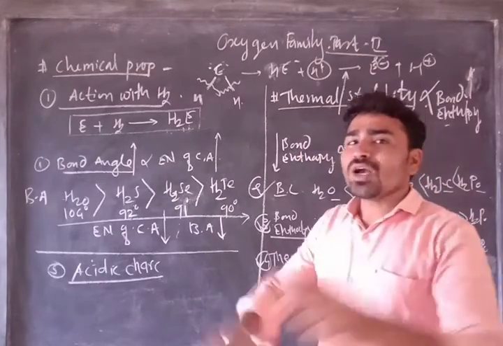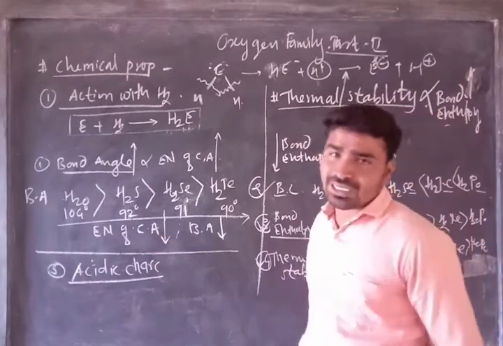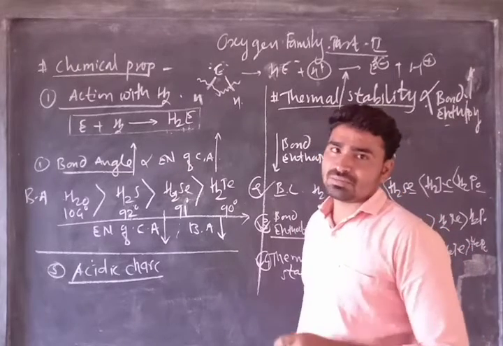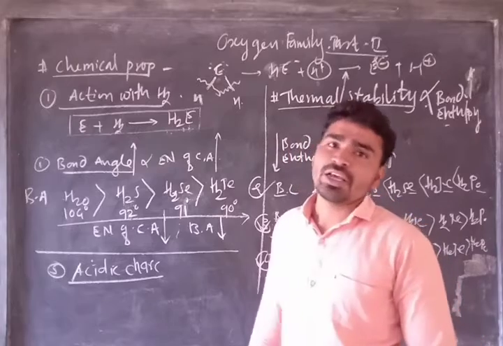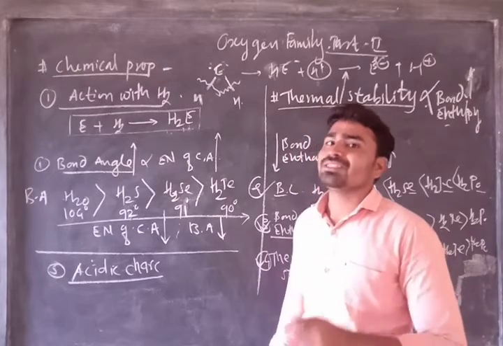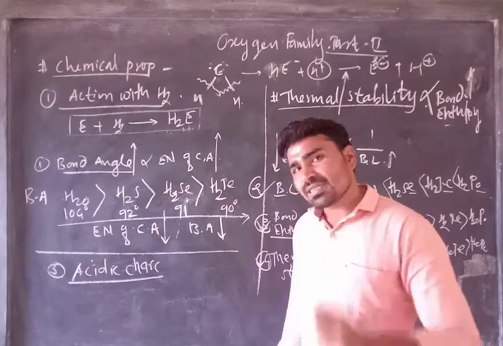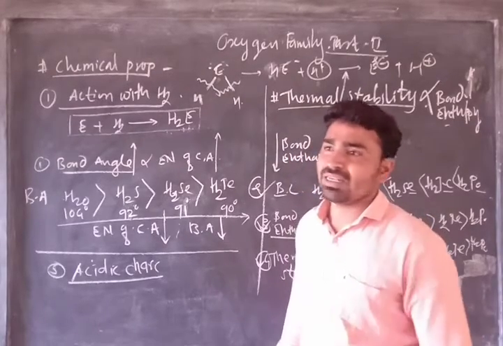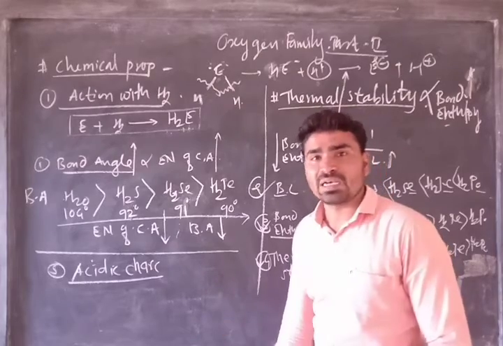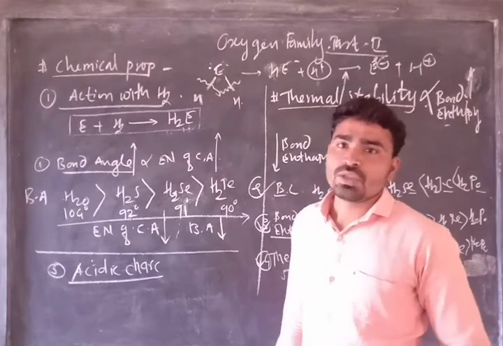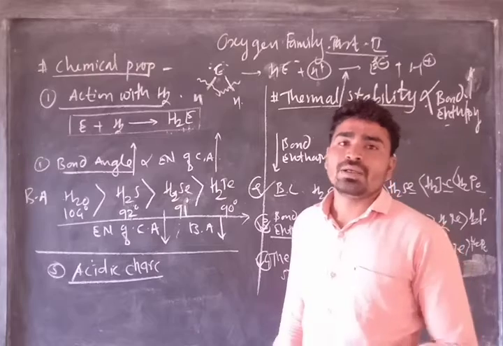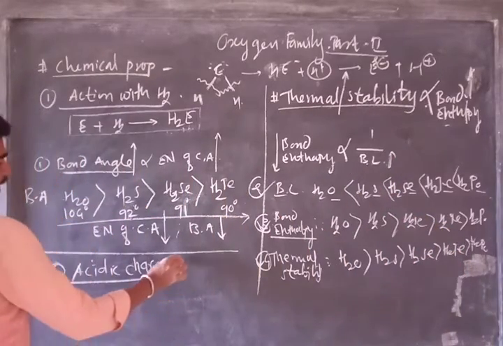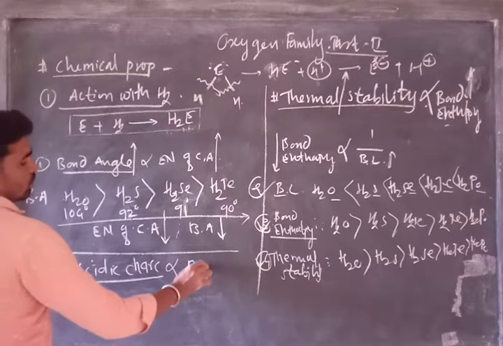और जितना बॉन्ड लॉन्गर होगा उतना बॉन्ड वीकर होता है. That is the basic thing we have learned in the chemical bonding part. लॉन्गर द बॉन्ड, वीकर द बॉन्ड. और जितना बॉन्ड वीकर होगा उतना आसानी से टूटेगा, और जितना आसानी से टूटेगा उतना आपको आसानी से H+ मिलेंगे, यानी कि उतना उसका एसिडिक कैरेक्टर ज़्यादा होगा. So with this quite good logic we can say the acidic character is directly proportional to bond length.